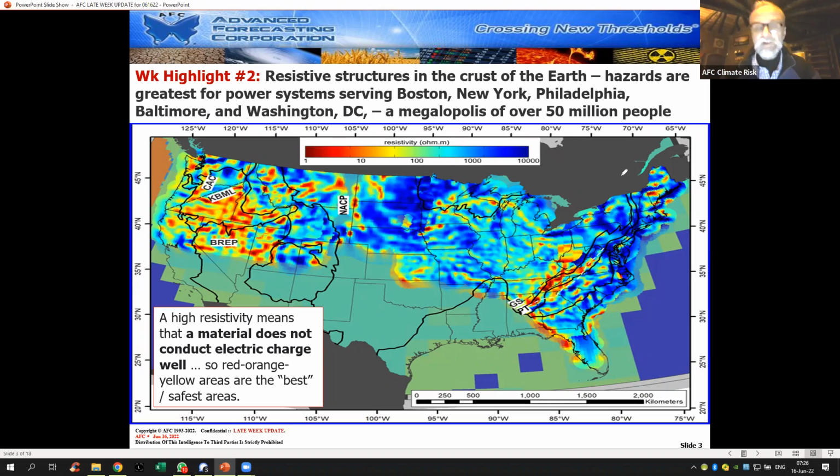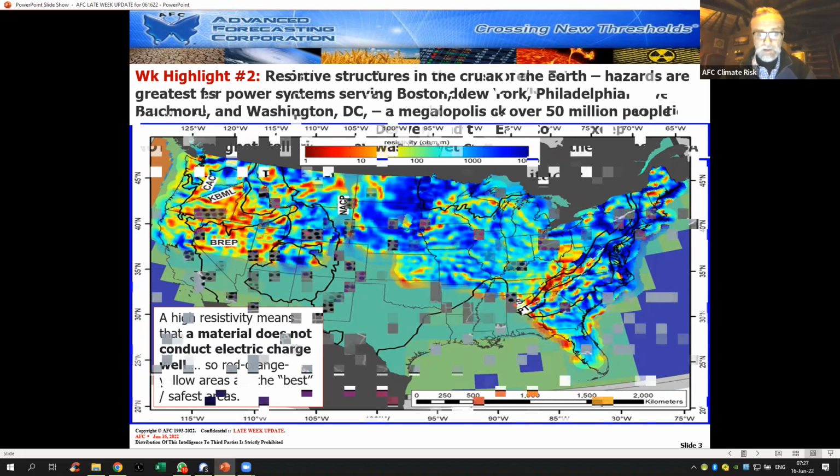So all of the areas in blue, especially going down the East Coast in this megalopolis of 50+ million people, is bad. Energy does not conduct well. Energy also does not conduct well up here in eastern North Dakota and northern Minnesota. So you've got to have surge protectors there big time. All right, the safer areas, in other words, where electricity has a high conductance rate, all right, or a low resistivity, is in the Inner Mountain West, plus the Smokies and the Appalachian Mountains.